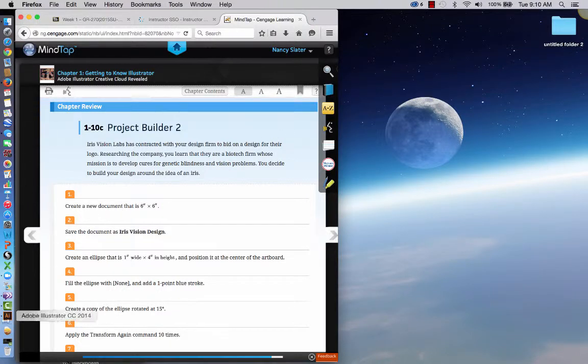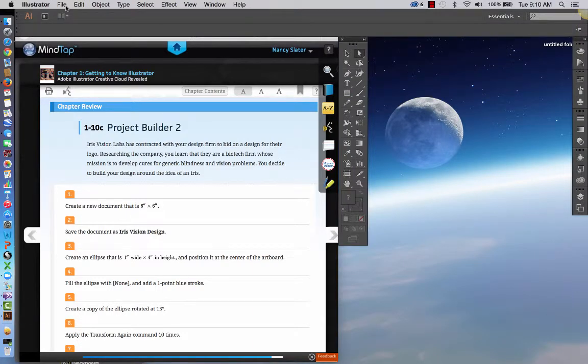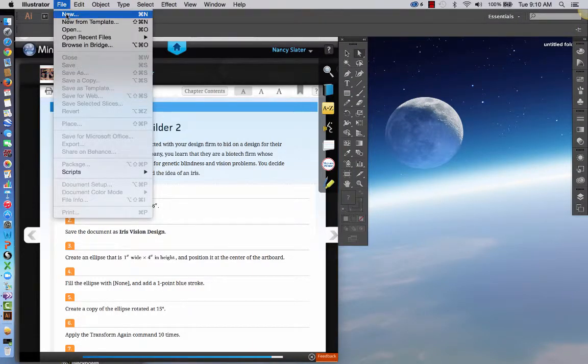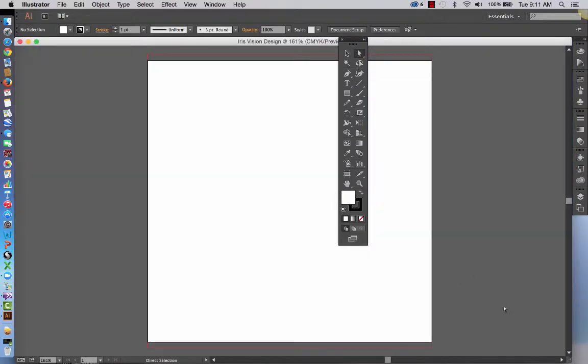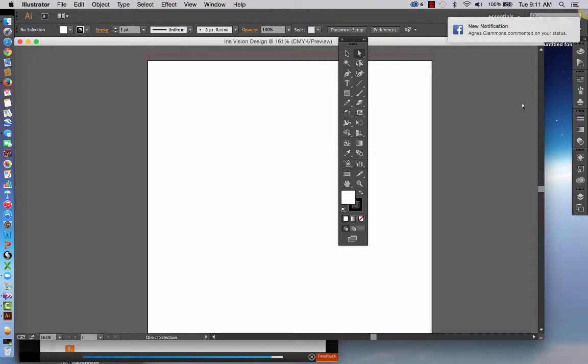So I'm going to make sure that Illustrator is activated. And I'm going to go File and New, Command or Control N, and we want this to be 6 inches by 6 inches. And since it didn't indicate anything else other than the name, Iris, we can leave the rest of the defaults selected as they are indicated there. All right, and I'm going to make this just a little bit smaller so you can,